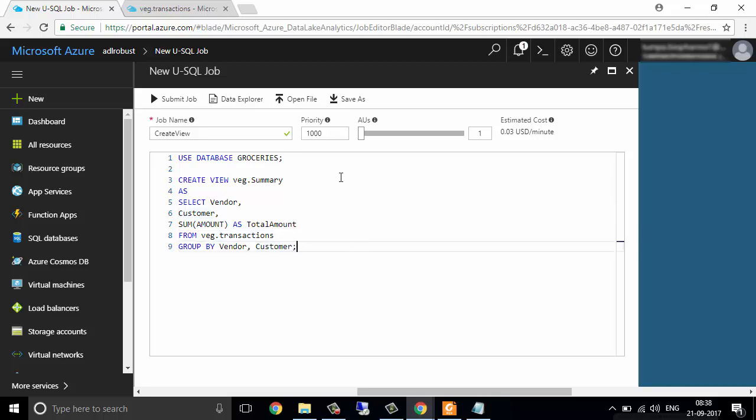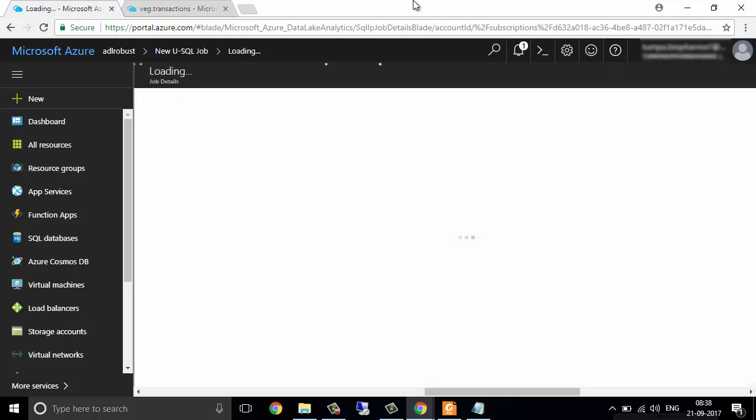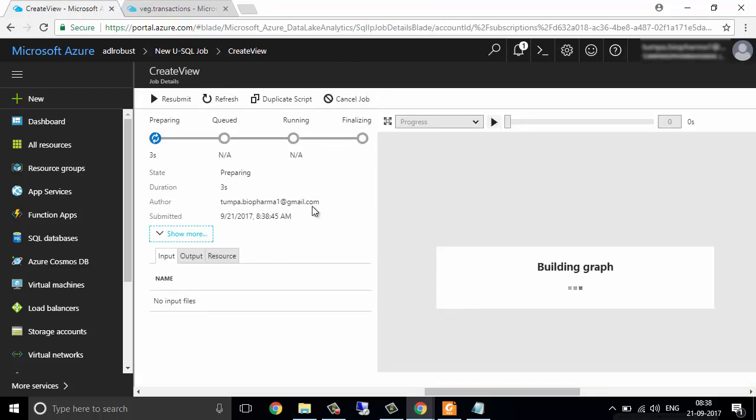We are just creating a summarized view of vendor and customer, including the aggregate function SUM and grouping by vendor and customer. So let me submit the job and see how it performs. Since it will take some time, I'll pause the video right now and continue in the next video.